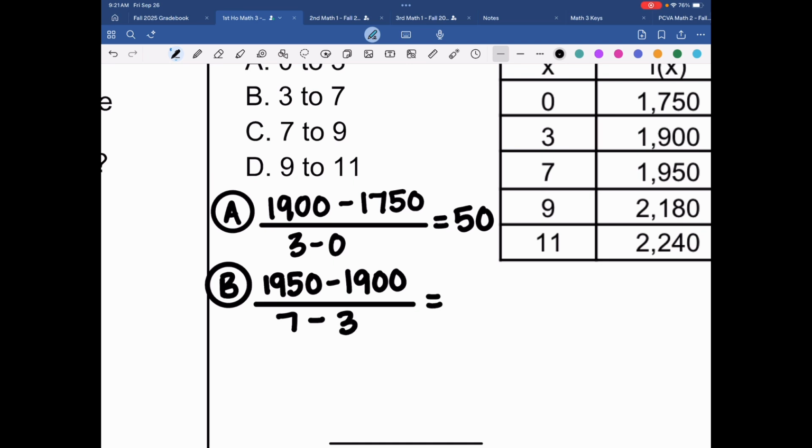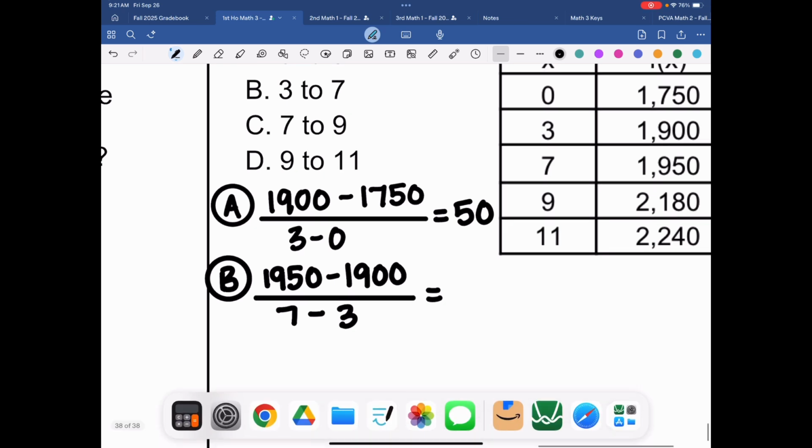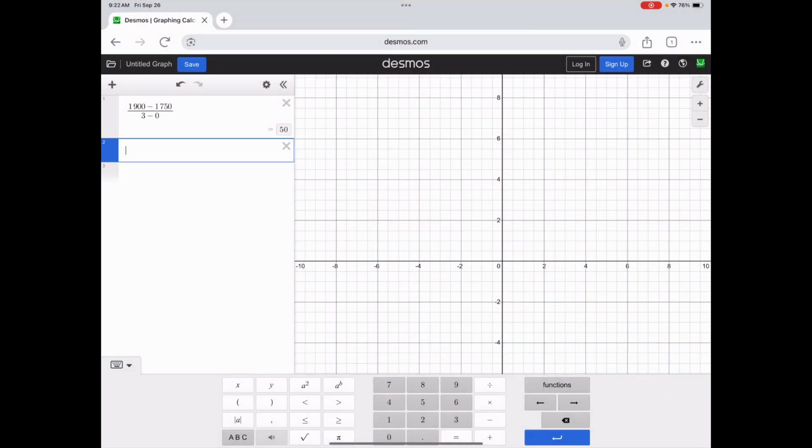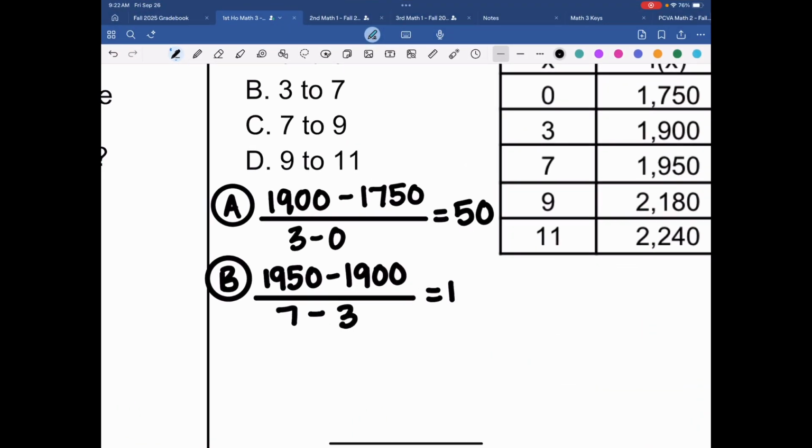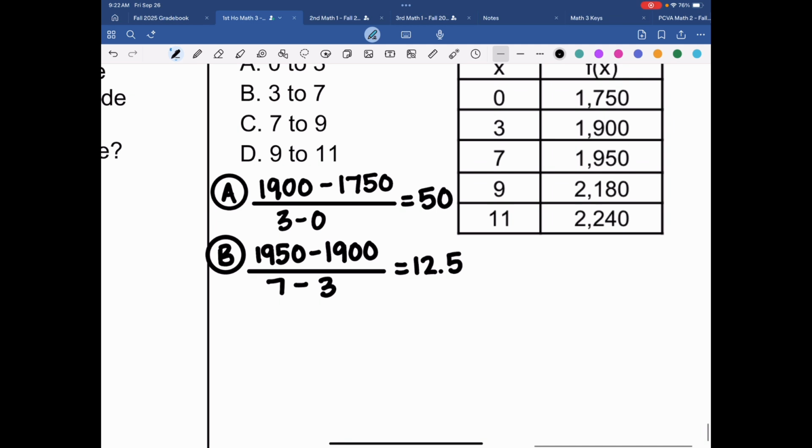All right, so you're going to put this into Desmos, and once you put it into Desmos, I technically can see that it's going to be 50 divided by 4, which is going to be 12.5. But again, you substitute it just like you've been doing this whole time. So for C, we're going to do 7 to 9, and then when we get to D, it's going to be 9 to 11. So that's going to be 2,180